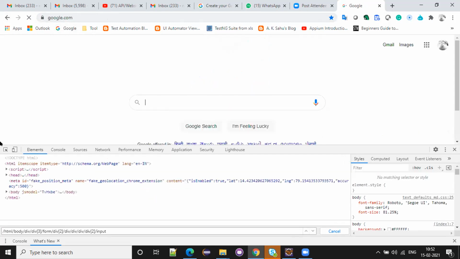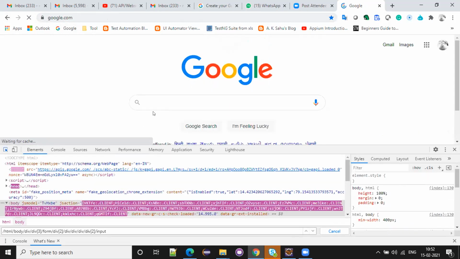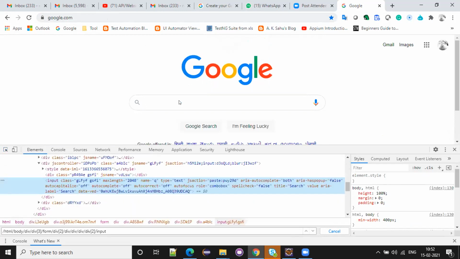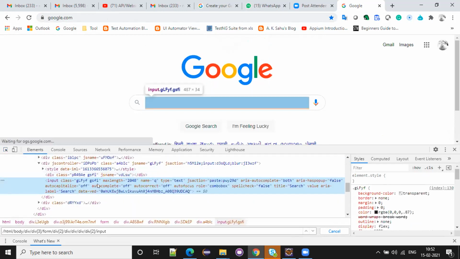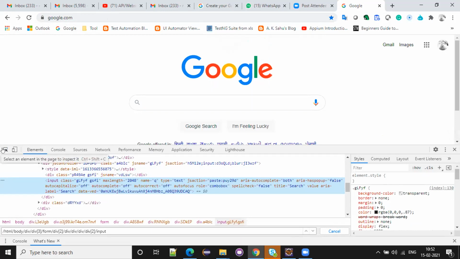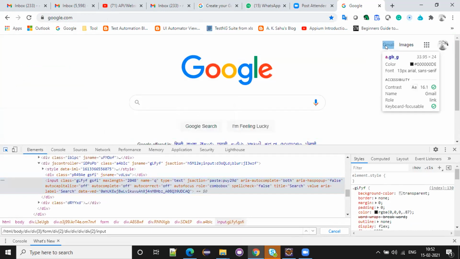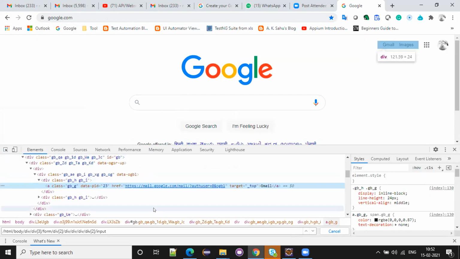Like previously we saw input, right? Input in the sense we will pass some text, input text. Like that, we have to identify the HTML code. So we are going to write XPath for this.